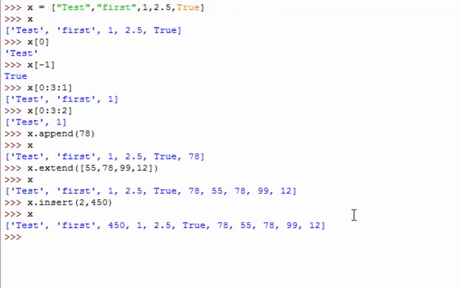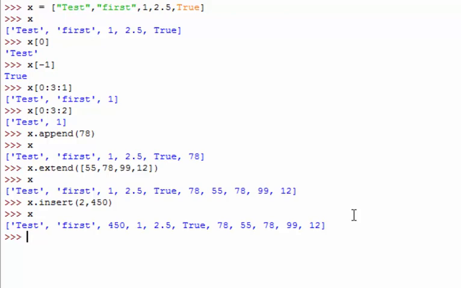As you can see, 450 has been added at position number 2. So there are three methods that we can use to add an element or a number of elements into the list, which are append, extend, and insert. One thing you should keep in mind: to solve a specific task, if you have a number of options, you must know the difference between the options.